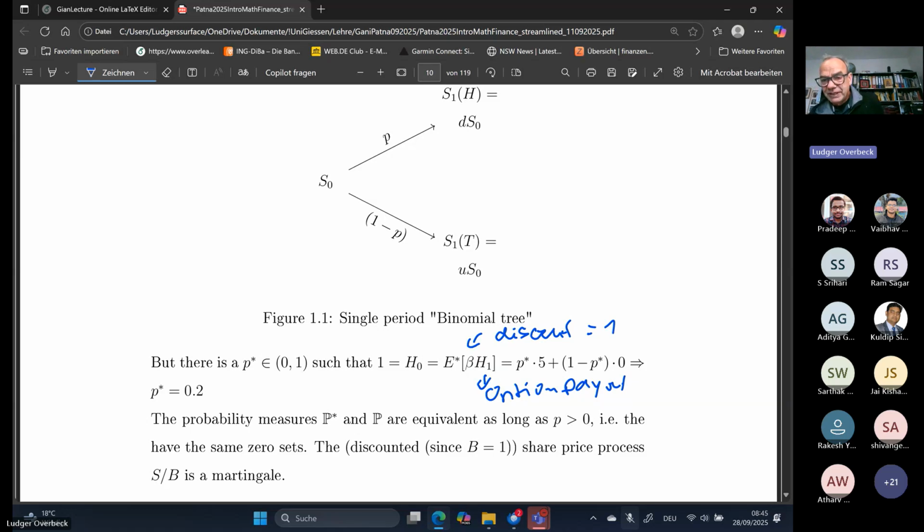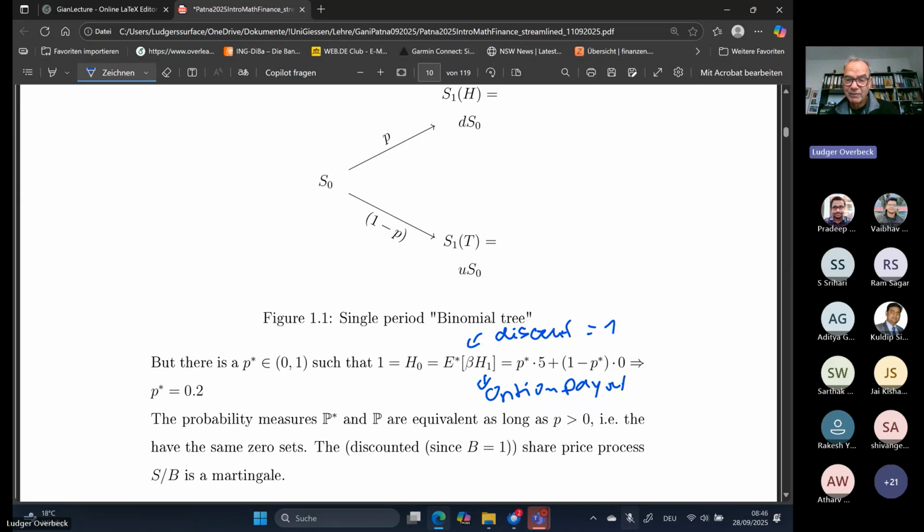But important is here, you can write this option price, which is the value of the replicating portfolio, as an expectation under a certain specific probability measure, E star or P star, which in the binomial setting we just have to figure out: the probability of going up. The probability of going up is 20%. And if you think that's a probability, then the expectation of the payout of the option, that's the current price.